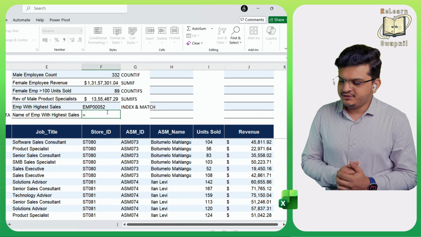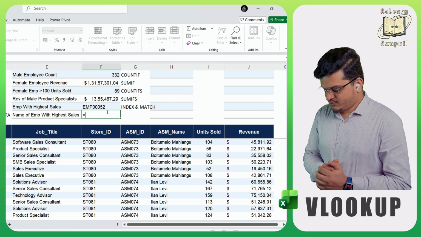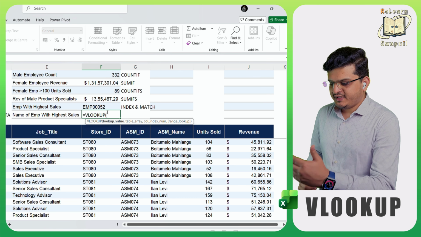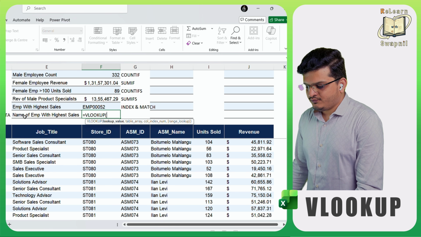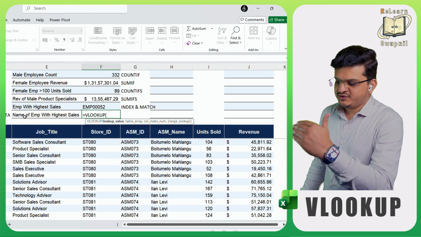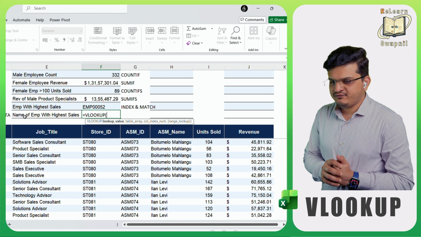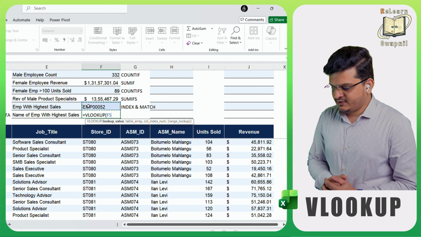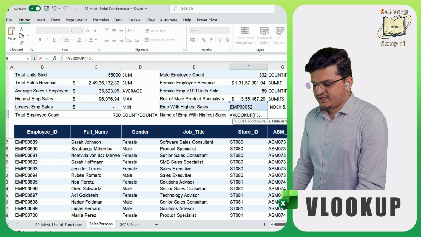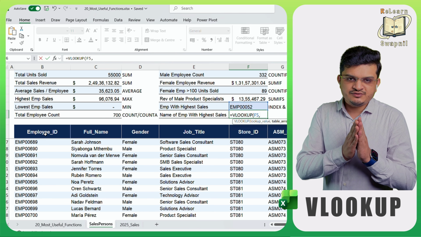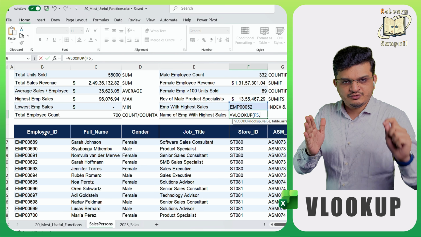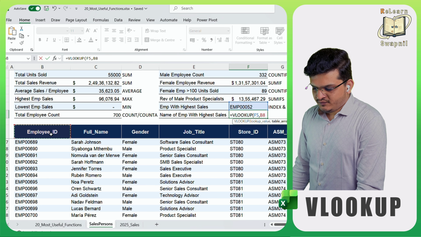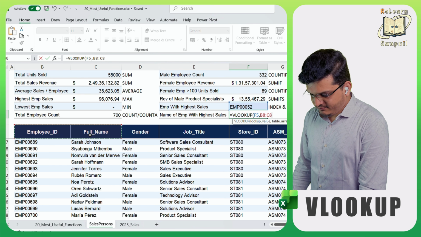Similar results you can get using the VLOOKUP function. VLOOKUP will ask you for the lookup value as in the match function. Let's try to get the name of the employee which corresponds to this employee ID which we have found out using the index match. So the lookup value for us will be the employee ID. Now it's asking us the table array. Here you'll need to select the entire table array where both your lookup value is sitting and the return value is also sitting. So we'll select employee ID and the full name,